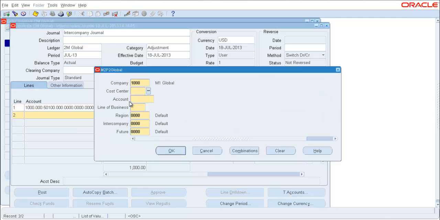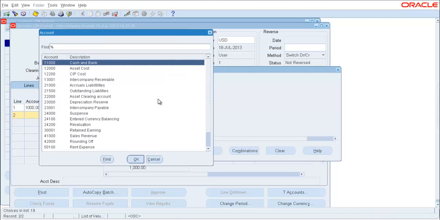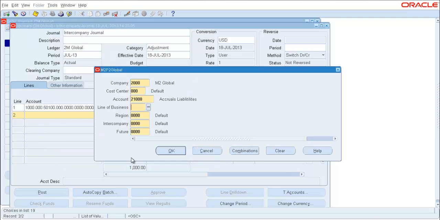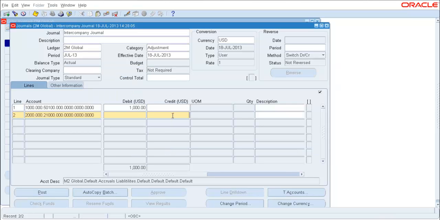I want to create an intercompany transaction between company 1000 and 2000 here, and I'm going to create a liability in company 2000 for this value. I have for the debit the balancing segment of company 1000, and for the credit I have a balancing segment value of company 2000. So I'm going to save this,